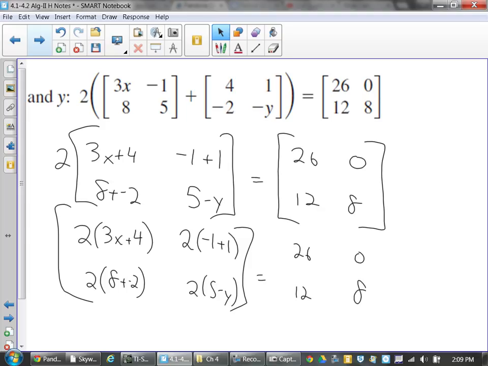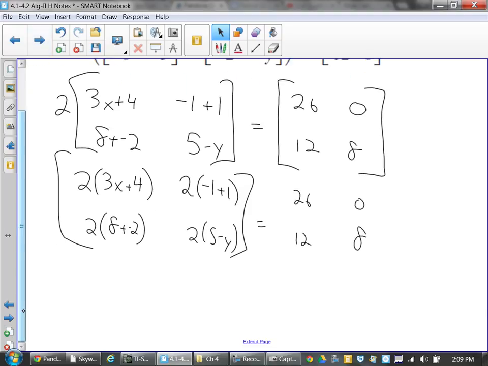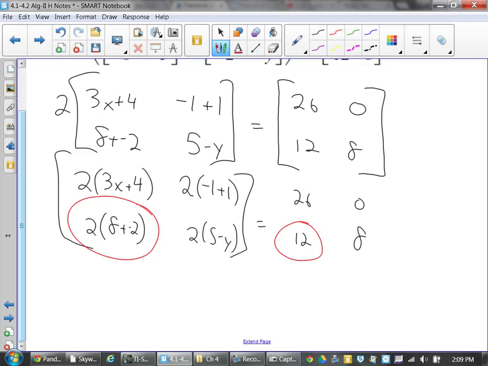All I'm trying to show you guys here is that, in order for these two matrices to be equal, each of these entries has to equal this. What's 8 plus negative 2? What's 6 times 2? Are they equal? Okay. What's negative 1 plus 1? What's 2 times 0? So are these two the same? Which means all I have to do is take this,